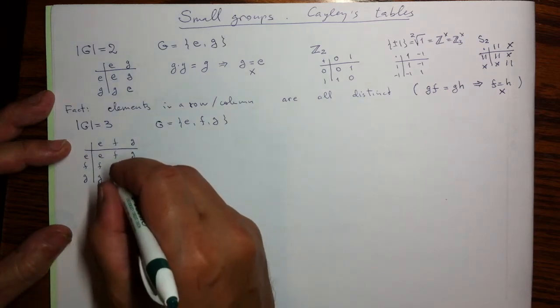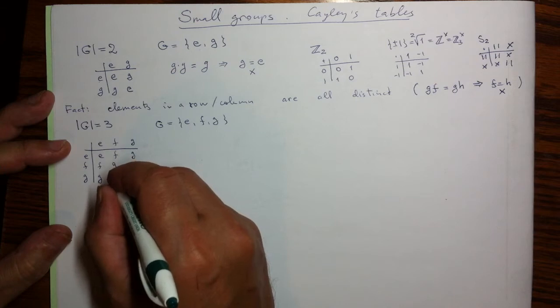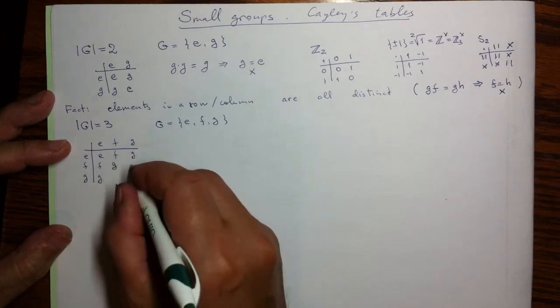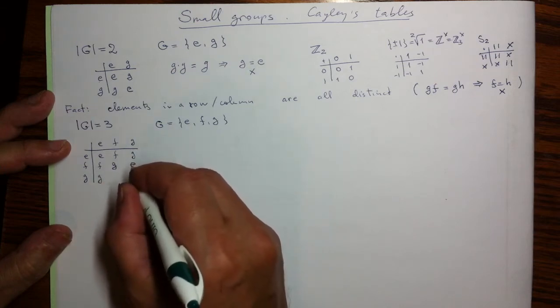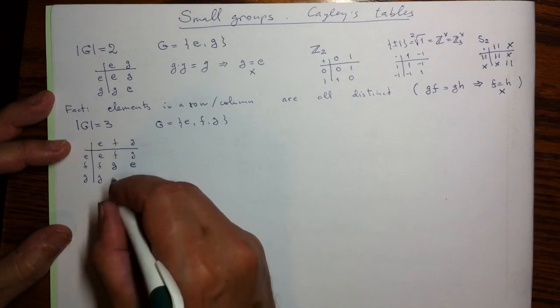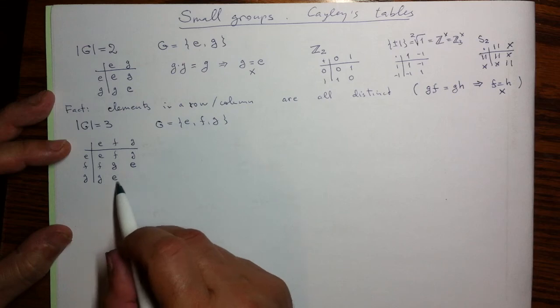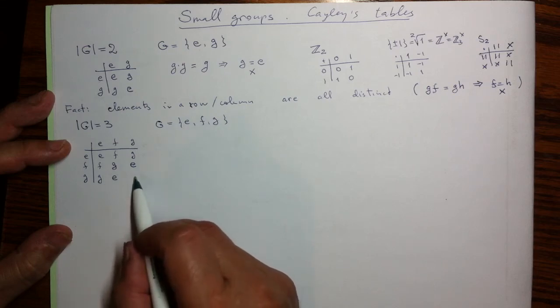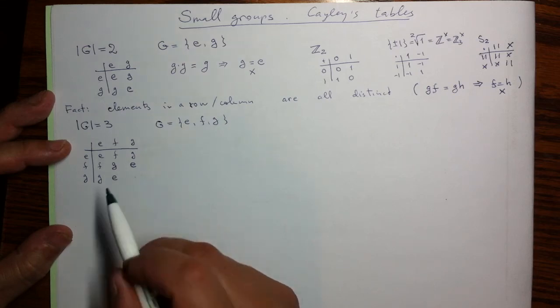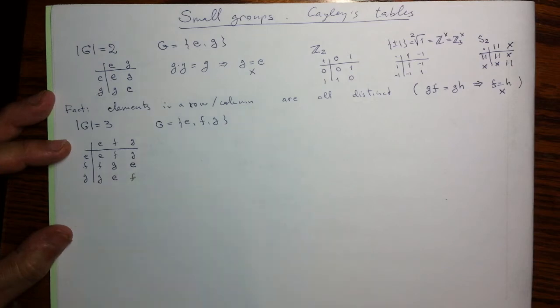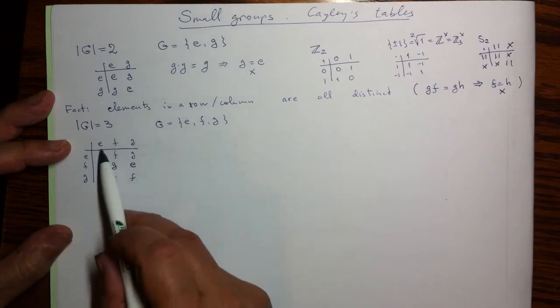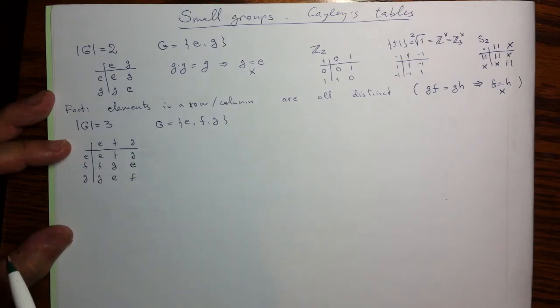So with this argument we can be sure that here we can only put G, and hence the only option here will be the identity. The same for the second column, it's the identity here, and finally the remaining empty spot can only be filled by F. So we proved again that groups of order 3 are effectively unique. It just takes a relabeling to identify the